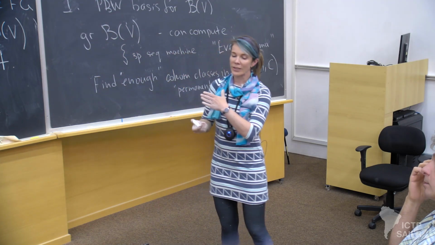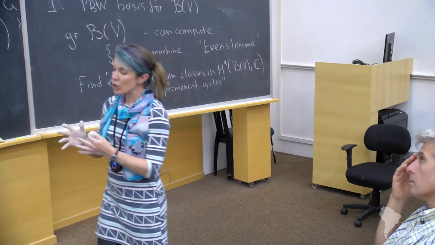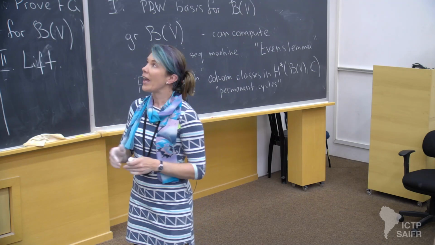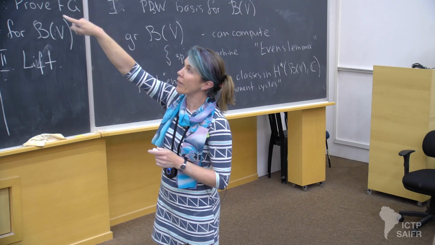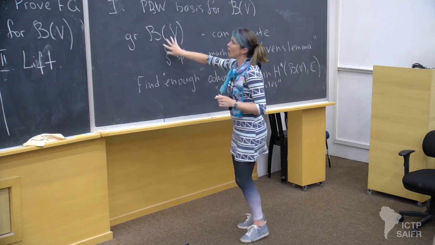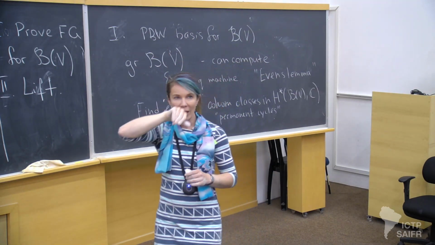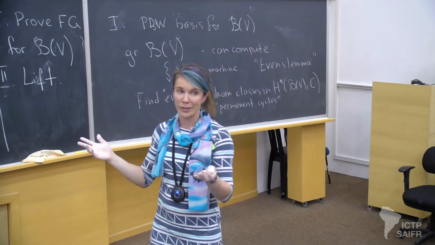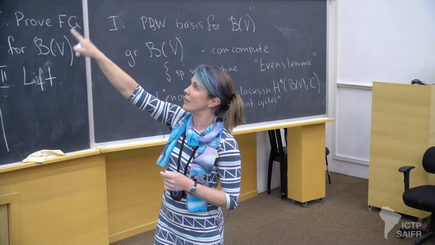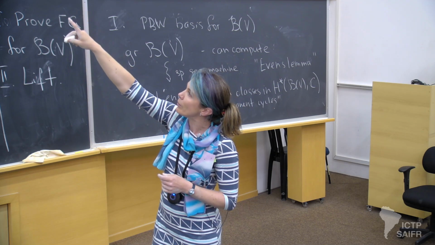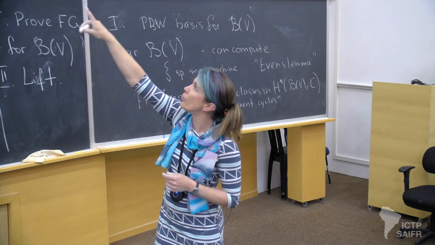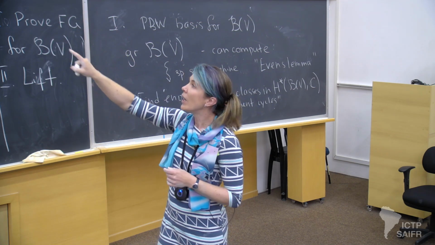And then you start constructing your resolution. And in the resolution, at every step n, you'll have to write down what chains are. And the chains are going to be paths in this graph. So first, looking at the presentation of your Nichols algebra, you write down the graph. That's not very hard. And it even can be done algorithmically. Once you have the graph, then a chain of length n is a path of length n in this graph. So for example, a chain of length 2 is going to be x1 times x1 to the n1 minus 1, where n1 is the order of q11, your root of unity. So it's going to be x1 to the n.